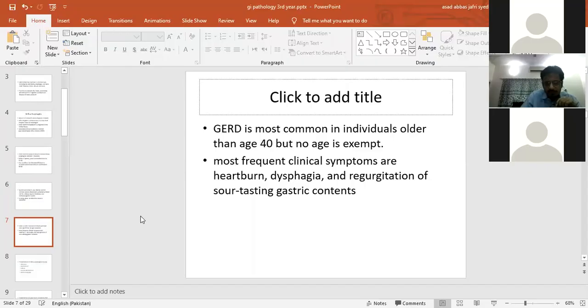Now, gastroesophageal reflux disease is most common in individuals older than 40 years, but no one is exempt, and we are seeing increased cases of reflux disease even in younger individuals. Most frequent clinical symptoms are heartburn, dysphagia, and regurgitation of sour tasting gastric contents. Now, this is a fairly common complaint, and the patient will commonly come to you complaining that